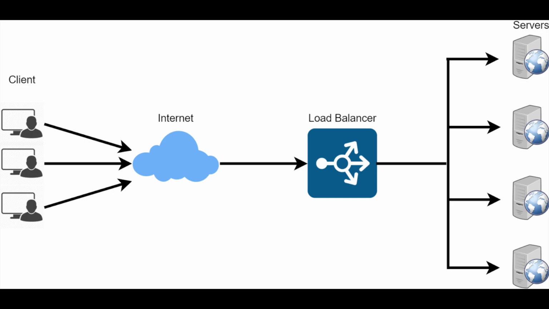When a user requests content from a web application or other online service, the request is routed to a load balancer, which distributes the request across multiple servers. This ensures that each server handles an equal share of the workload and can prevent any one server from becoming overloaded or failing. Load balancers can also provide other benefits, such as improved scalability and flexibility. By distributing traffic across multiple servers, load balancers can handle large amounts of traffic and can be easily scaled up